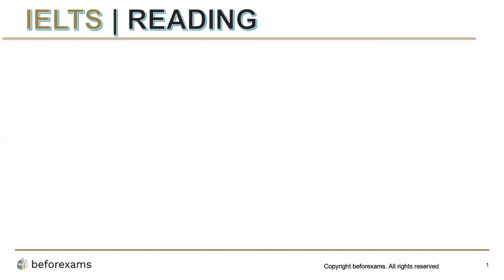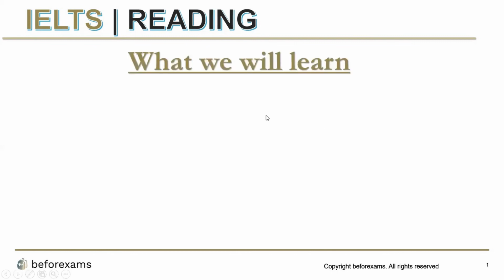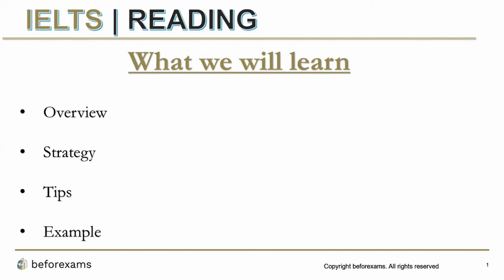And these kinds of questions are not in order. Many a times you'll find around a 70% probability that you will be seeing these types of questions in your examination. So let's proceed with it. Now, what we'll be learning in this is, first of all, the overview, that is the brief description of these kinds of questions, then the strategy to attempt these questions, then some tips on how to attempt them, and then we'll be looking at an example. Okay, so let's proceed with it.